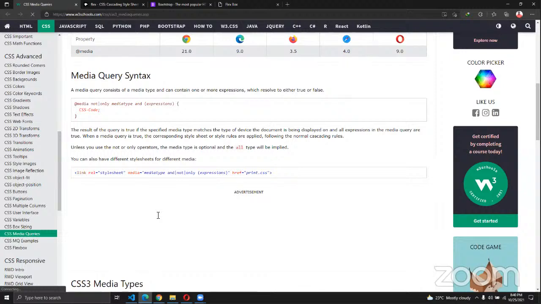Then we're going to say and. I'll come here. We're just going to first write it outside. So we're going with screen. Then we're going to put a condition. So if you say and,